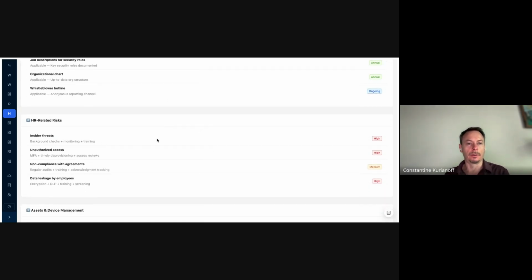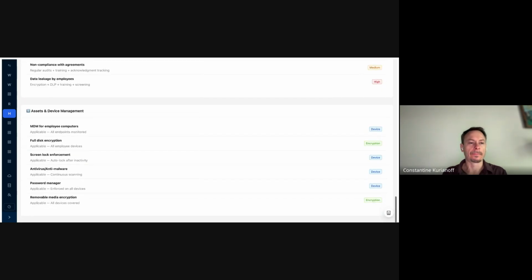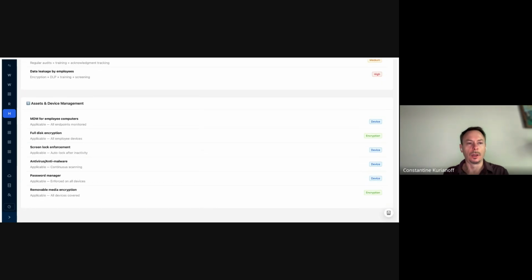Then we have a quick look at the actual HR-related risks. This list is just a mock-up. It's not the actual risk list built on top of the data that we manage for the organization. It's just for us to get a taste of what the dashboard may look like and what pieces may be there, right? And so assets and device management, yeah, of course.